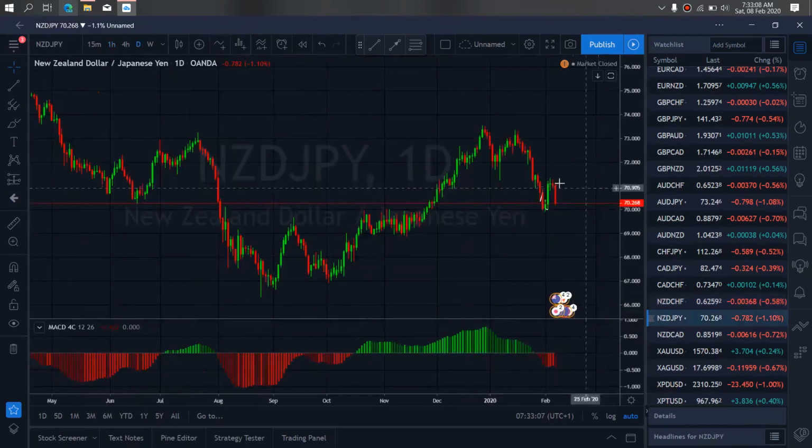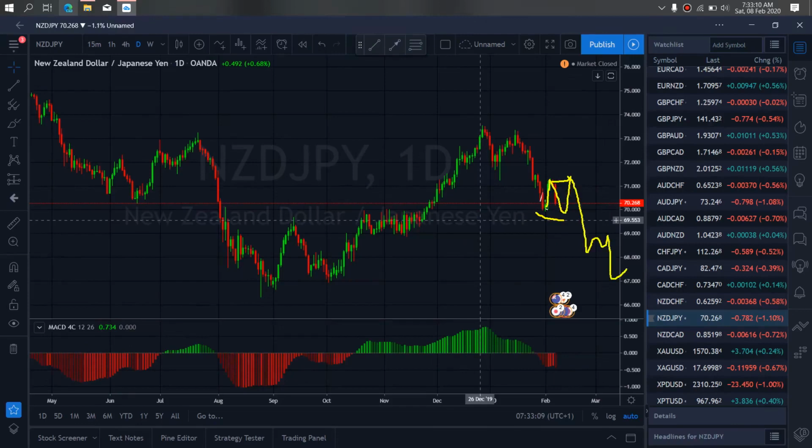On New Zealand yen for this week, New Zealand yen had dropped aggressively and right now it's attempting to give us a flat structure here. Once they're through with this flat, we expect them to continue the drop momentum a bit more before they will start to climb back for us with sideways correction for more drops down. So I want to watch out first for these drops this week by Monday, Tuesday before they will start this